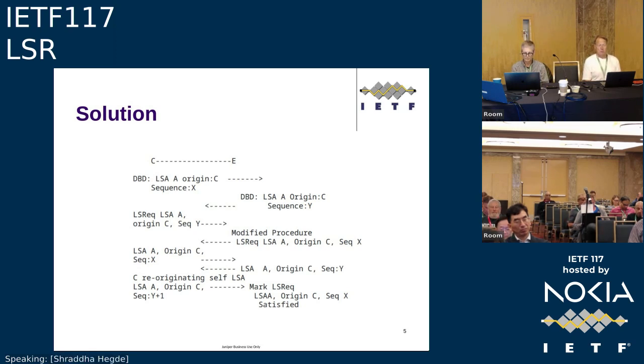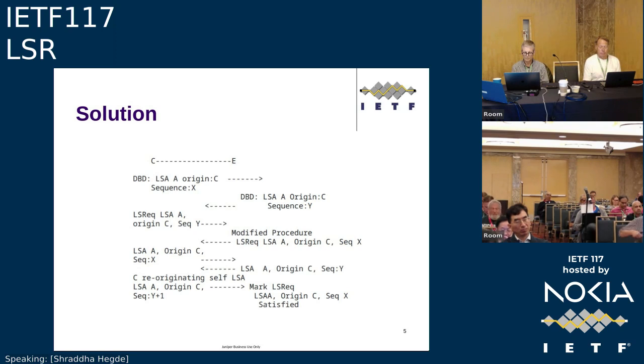And because it has received an LS request for sequence number Y, it floods the LSA with sequence number 5, and then C reoriginates the self LSA and will send it with Y+1. So these are all standard procedures. There's nothing new here. Standard OSPF procedures. So when it receives Y+1, it will mark the LS request satisfied for sequence number X and